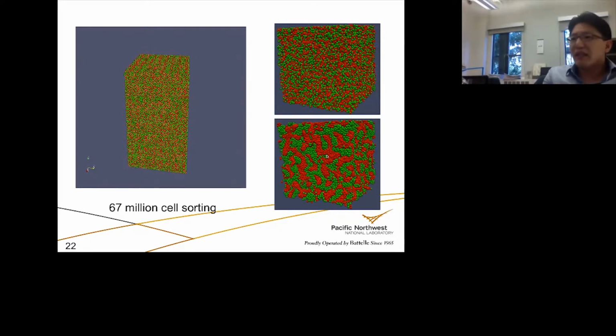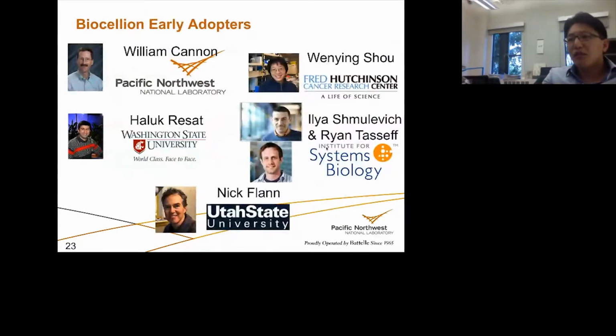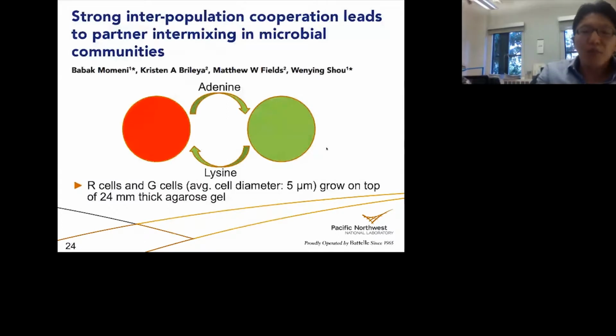We are going to move to something new, and there are multiple early adopters who developed their models using Biocillion. This is work from Winning Show's group at Fred Hutchinson. They considered two different strains of yeast cells growing collaboratively. The red cell produces adenine and consumes lysine, and the green cell